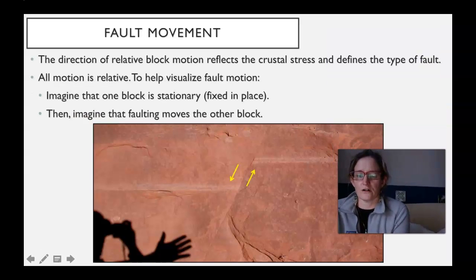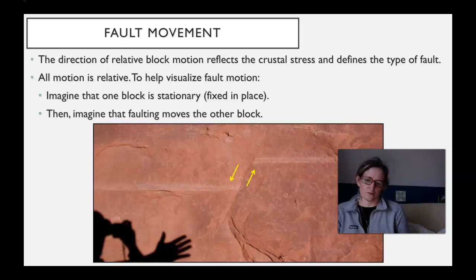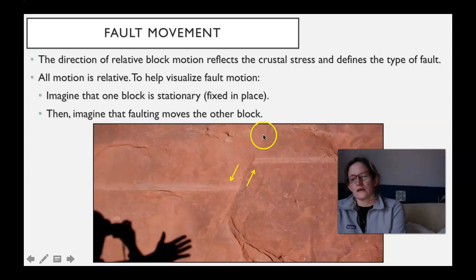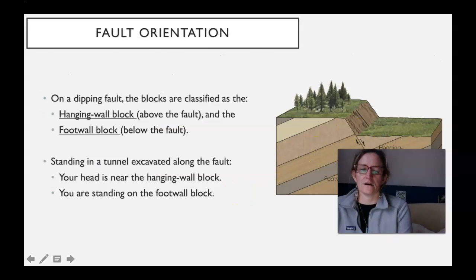Movement along the fault helps us classify the fault. We give it like a classification by the fault movement. So in this example, here is the fault. Here is a bed within the sandstone. It's offset this amount, and here it is on the other side of the fault. This side of the fault has moved down. This side of the fault has moved up. The sides of a fault,